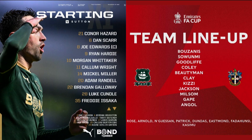Yeah, thanks James. Welcome to Home Park. The two sides are out on the field and about to kick off, and once the ball drops into touch, maybe I can give you a reprise of the starting lineup. Argyle make 6 changes this afternoon, with Edwards, Galloway and Miller coming in at the back, Cundle and Wright in the midfield, and Freddie Isaka up top. It will be Sutton United through